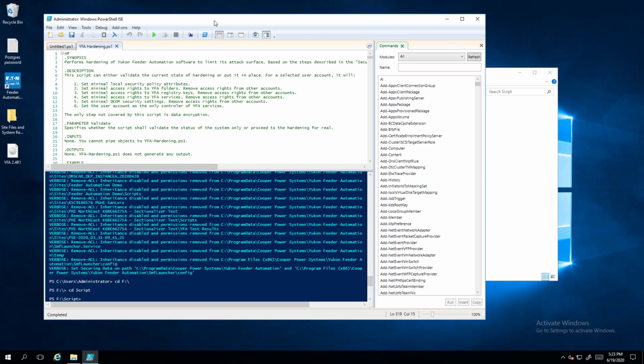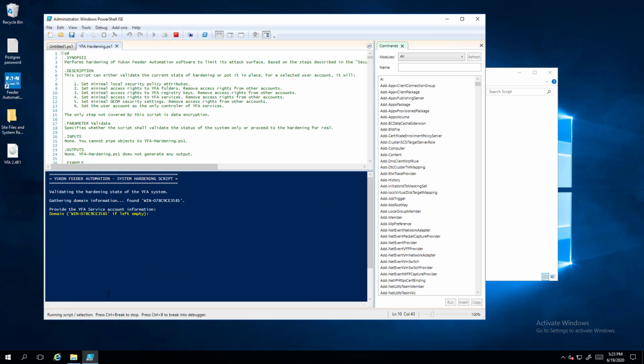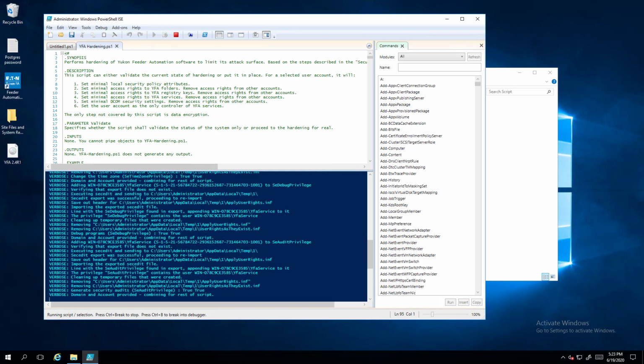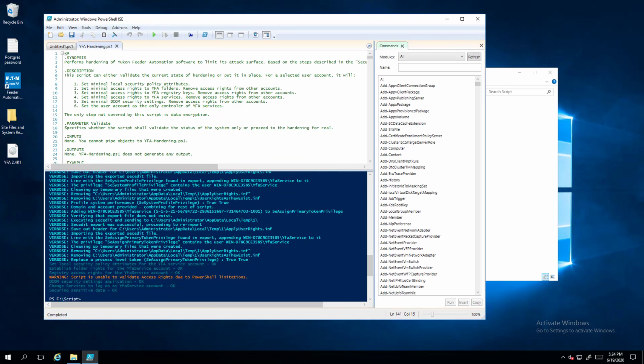To run a script in PowerShell, you need to type period slash, and then it handily brings up the script for you. So I'm just going to click on that one, and then a space dash validate. Once I do that, it's going to ask me for those same username and password. You need to remember the password for the account. And then at the end of running through all of the process, you'll see that it will either say OK, or if it's not OK, it will let you know. So that is how you can validate that the hardening is complete.